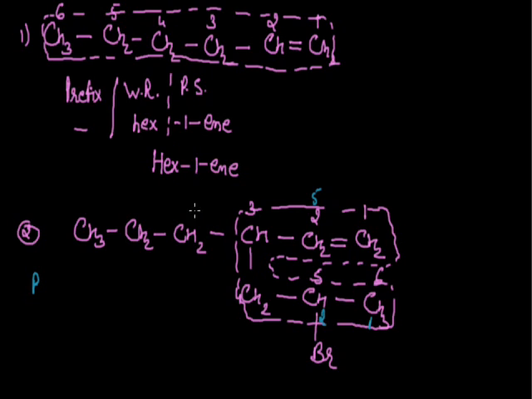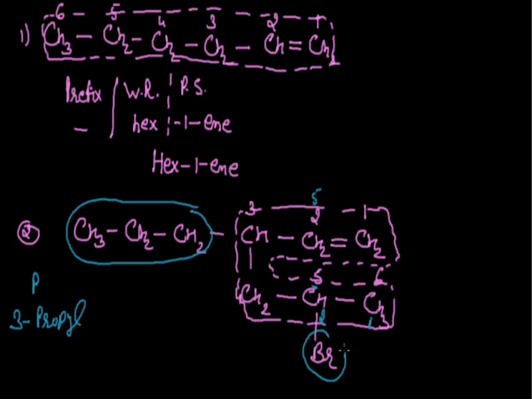Here at the third position this propyl group is present, so we can write the name of this group as 3-propyl. One other branch is also here. At the fifth position the bromine atom is present as the substituent, and this can be written as 2-bromo. No other substituent is here, so after this we will write the root name for the compound. This parent chain contains a total of 6 carbon atoms, so the root name will be hex.